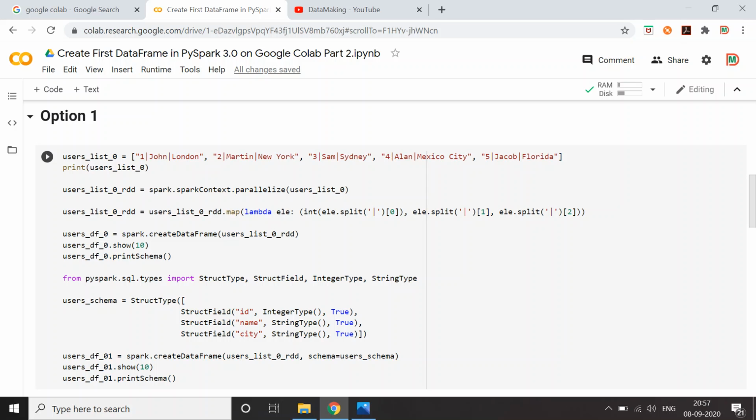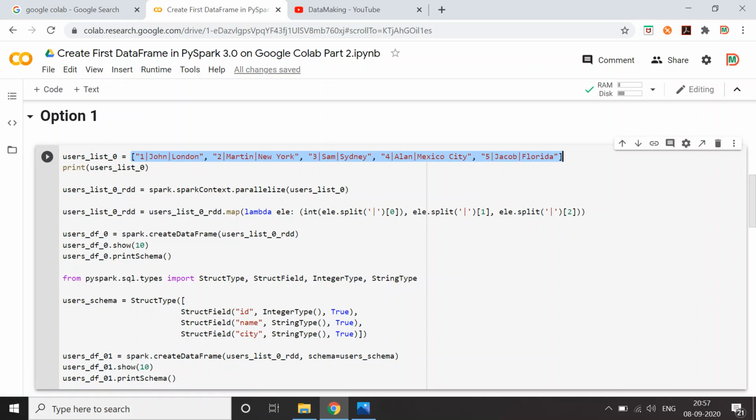Say you read from a text file, so you will have a list which contains each row, and in each row you have fields separated with the pipe symbol. This is the list.